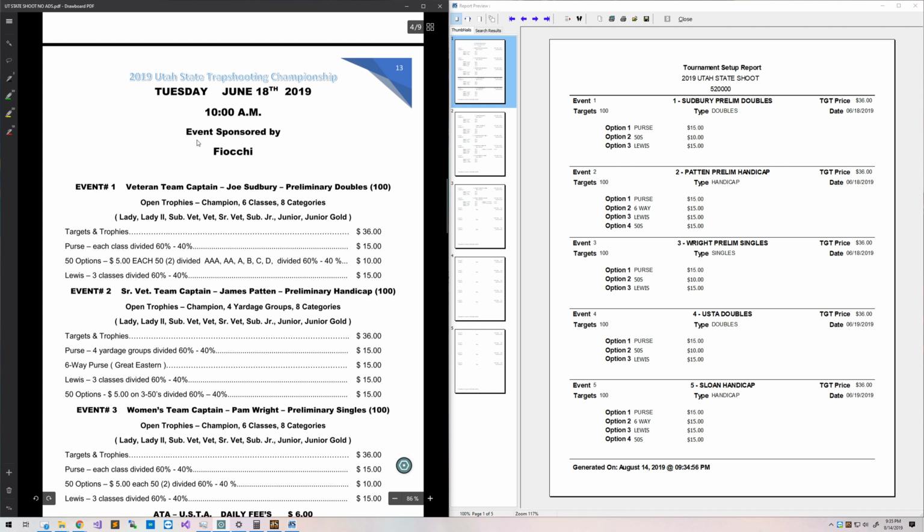So just for example, real quick, I'm going to check that the target price for the first event is $36. I have a purse at 15, a 50s option at 10, a Lewis at 15. Now notice how this document doesn't have the places printed out. The reason for that is that when you are running these options, you can always manually override the number of places or classes that it's going to